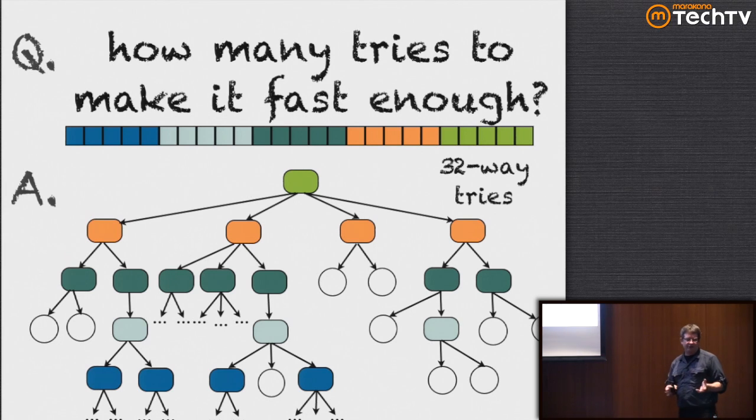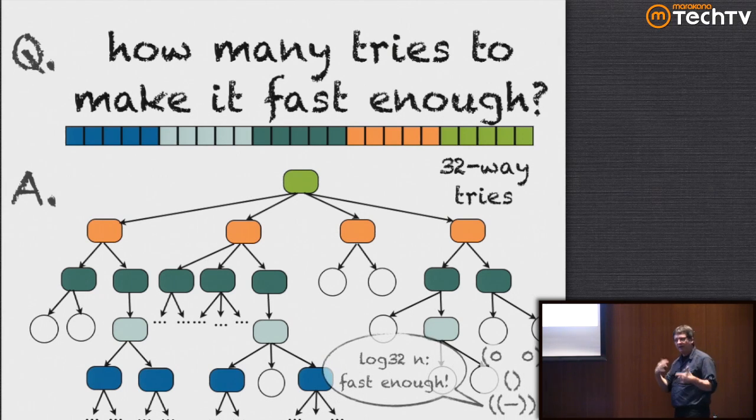This is all internal details. You never have to care anything about this, but this is how he can maintain performance guarantees and have immutable data structures internally as well. He's determined that log 32n is fast enough to be able to find things as you traverse through this tree.